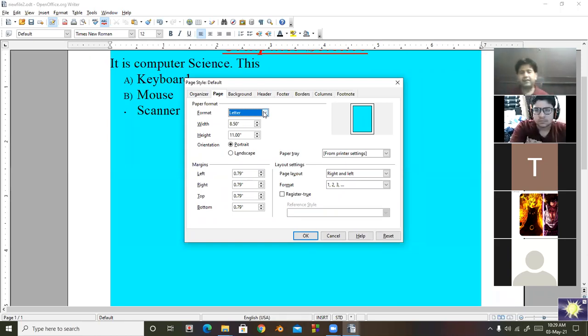Whenever your document is lengthwise, it is called portrait, but when it is widthwise, it is called landscape. Look at here. By default, it is portrait. And if you click on landscape, it is converted into landscape.